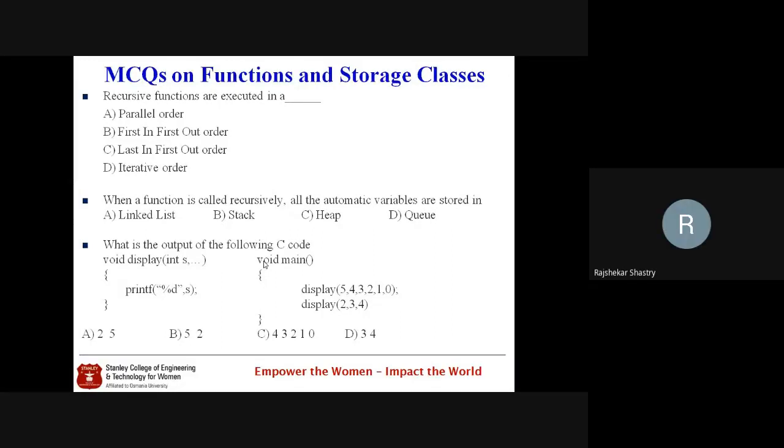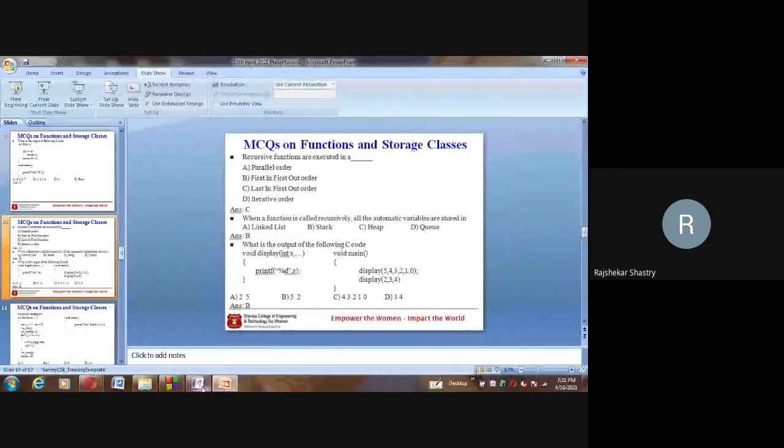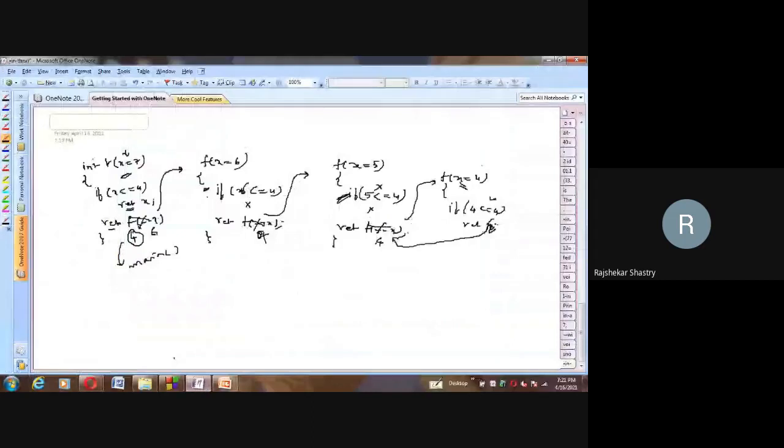Absolutely. We learned that a stack is generated for each version, and the last one which is called will be kept at the top. If you see the order, you will understand. The last one is executed first. This is at the top, and at the bottom of it you have this, and the bottom element of this is this, and the bottom element is main.